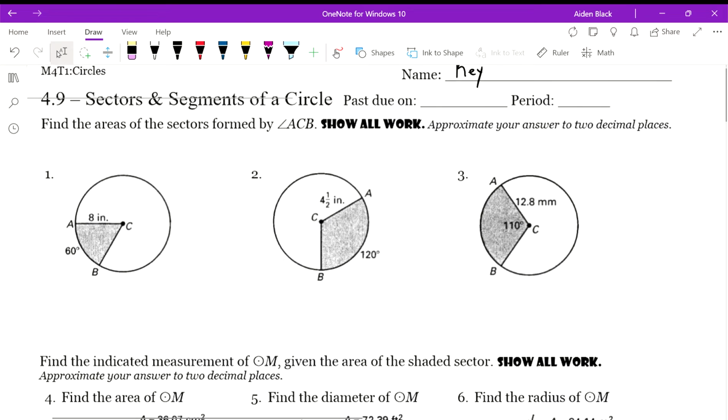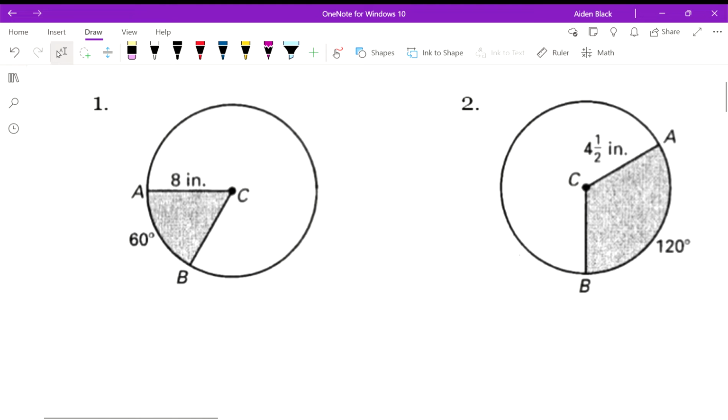Okay, 4.9 sectors and segments of a circle. Find the area of the sectors formed by angle ACB, that's the shaded region. Approximate your answer to two decimal places. So with question number 1, we're given ACB is this angle here, which is the same as its arc measure,